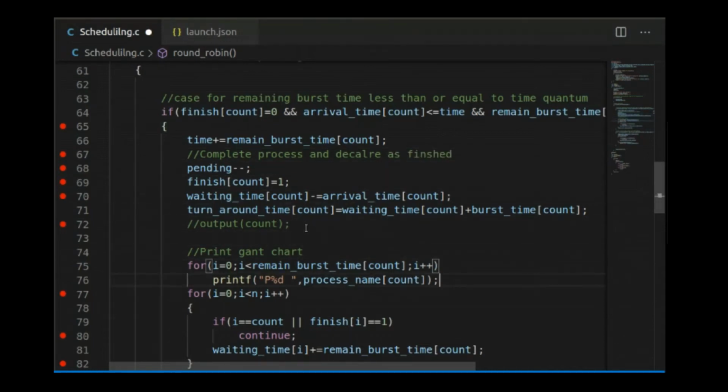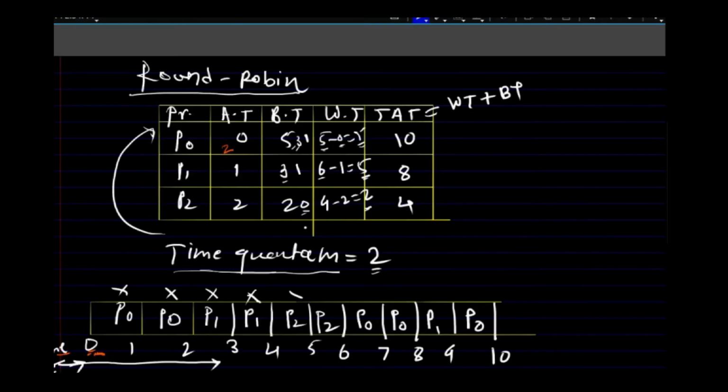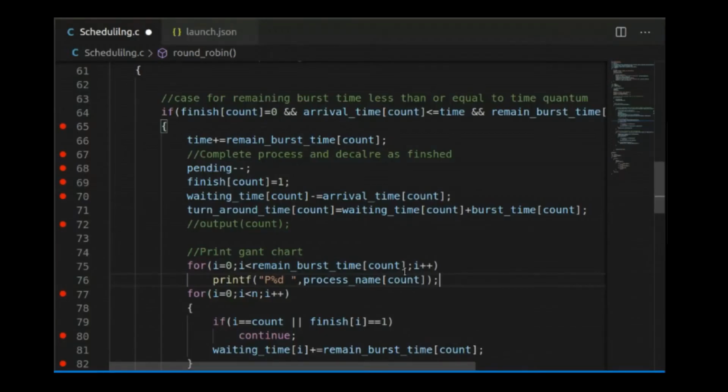So here we are printing a Gantt chart. Printing a Gantt chart means we have to print it like this: P0, P0, P1, P1, P2, P2. So which process is executing here? The process executing here is the one indicated by the count index. So for the remaining burst time, we have printed just the name of the process.